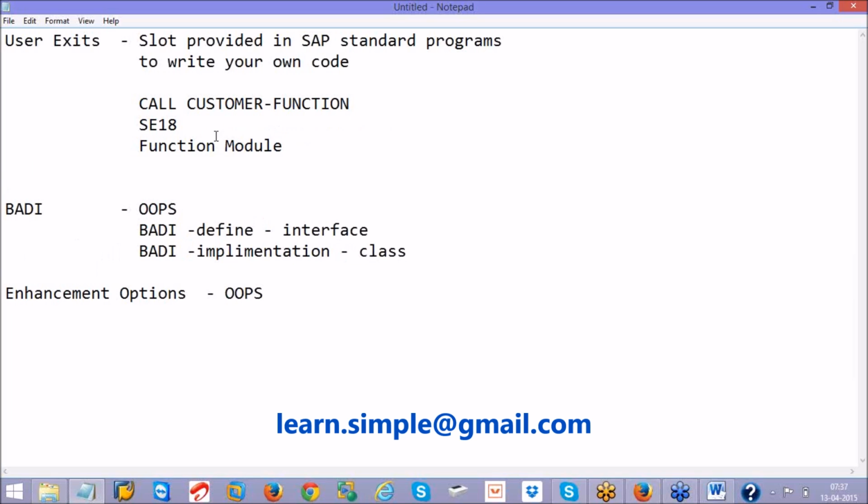For a user exit, it's always a function module where you write code. But for BAdIs, the definition is an interface. I will show you which interface and how to see this interface practically when we are doing BAdIs. But just remember, the definition is an interface, something like what we created in our last session, and the BAdI implementation is a class.